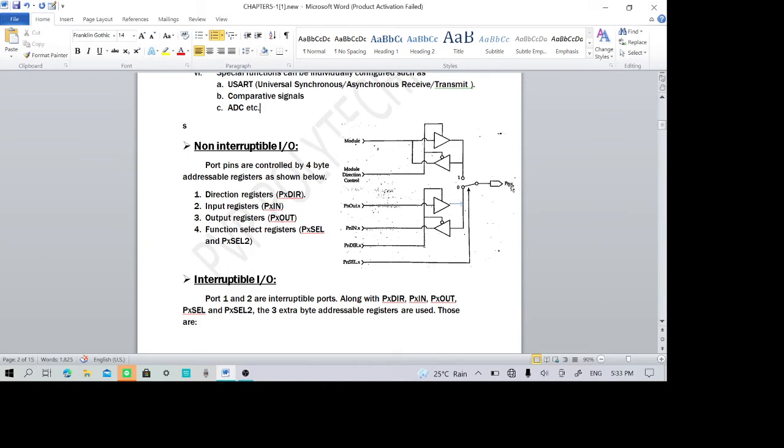That means this pin of MSP 430, which is meant for port, can be connected to below to work as a port or to above to work for other purposes which are shown as module. Other purposes like UART, ADC, comparator like that. So the pin not only work as a port but also work as a module for other purposes, which is selected by port selection bit. If this were to be 0, then it work as a port. If it were to be 1, then it will work as a module for other purposes.